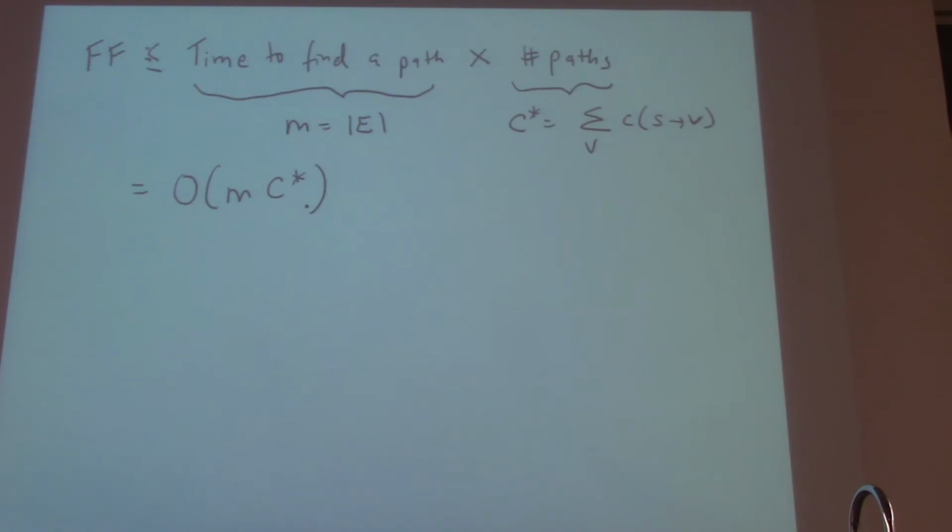There is one problem with this algorithm. It's not a polynomial time algorithm. Do we see why? Why is this not a polynomial time algorithm? It's the same problem as the bandits with knapsacks. It's dependent on the value, and not the size. To write down the capacities takes size logarithmic in their value, but my running time depends on the actual value. And if you think this is a very crude upper bound, and there's no way this can actually happen, there's a very simple example I can give you. So let's say you have a source here.